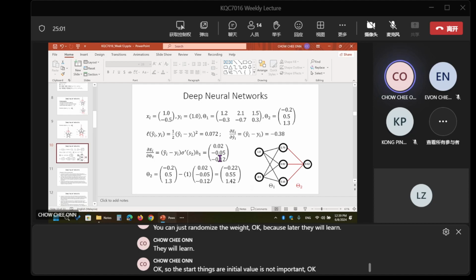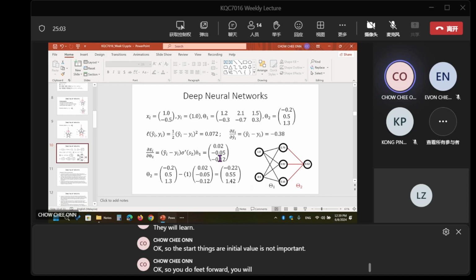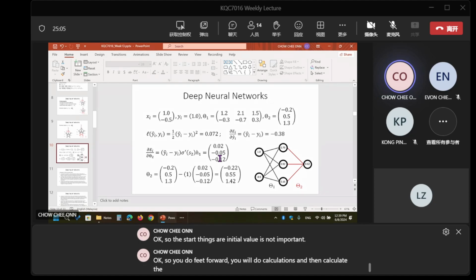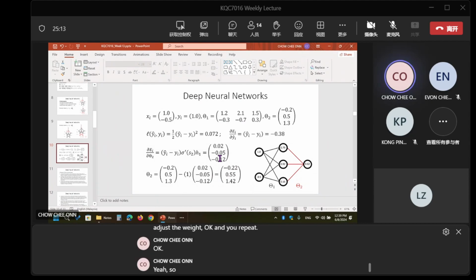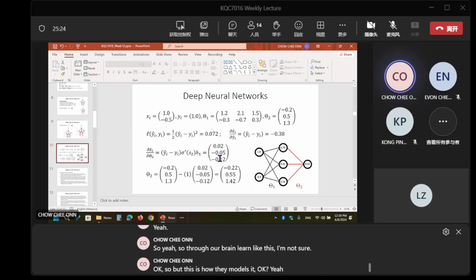You do feed forward, do the calculations and calculate the error. You back propagate the error, and along the way you adjust the weights, and you repeat. So do our brains learn like this? I'm not sure, but this is how they model it.